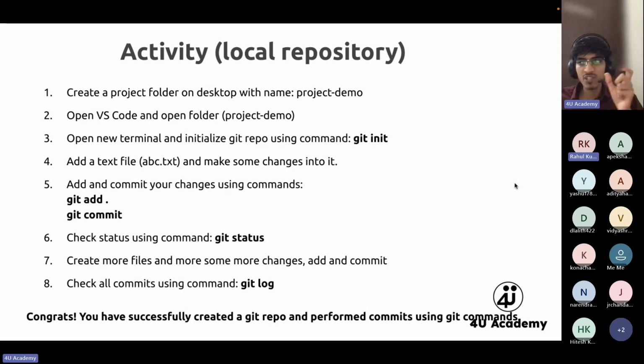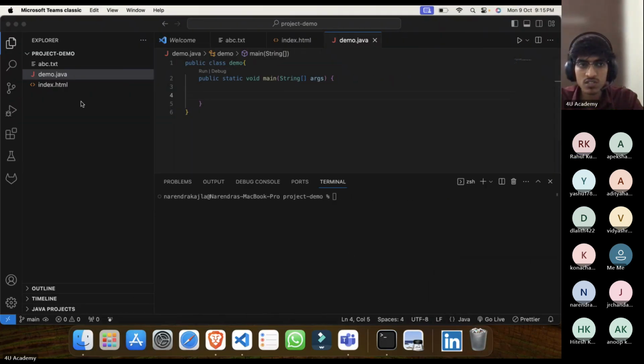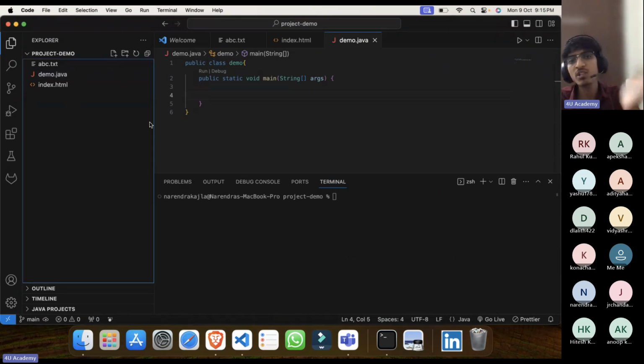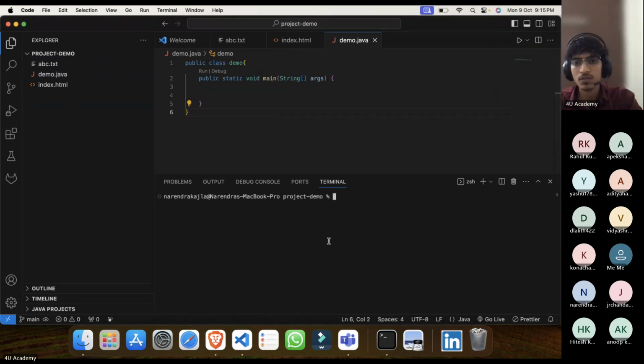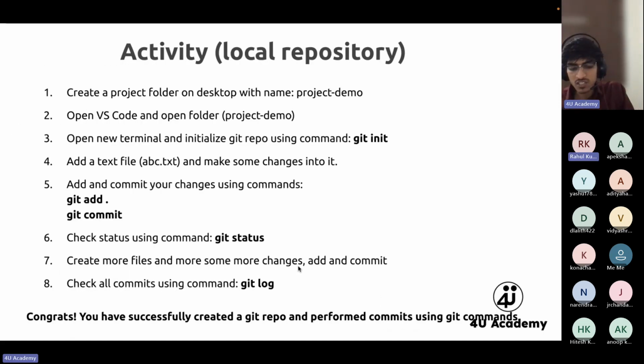Instead of giving the name of a particular file, like git add index.html, I can just send them together using git add dot, of that particular folder, that directory. I made changes in three files, so all these three will move to the stage. So all the changes are ready to have the picture taken.